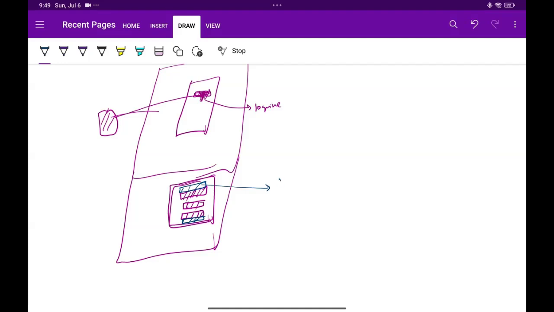This log record is for transaction start, and this one is for transaction commit. These are all log records available in the log block of the buffer pool,